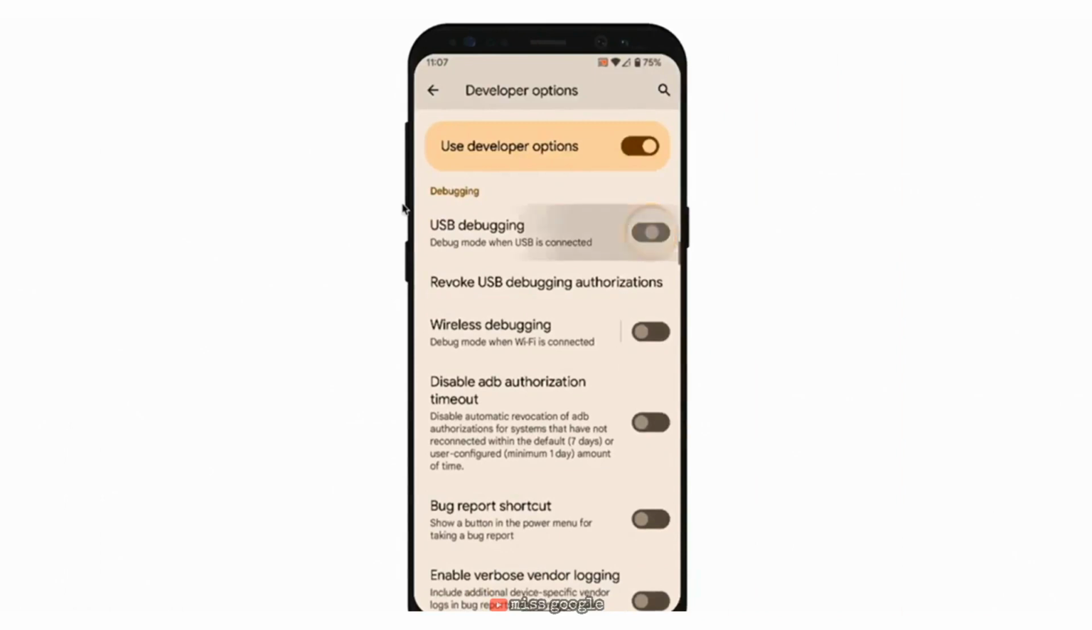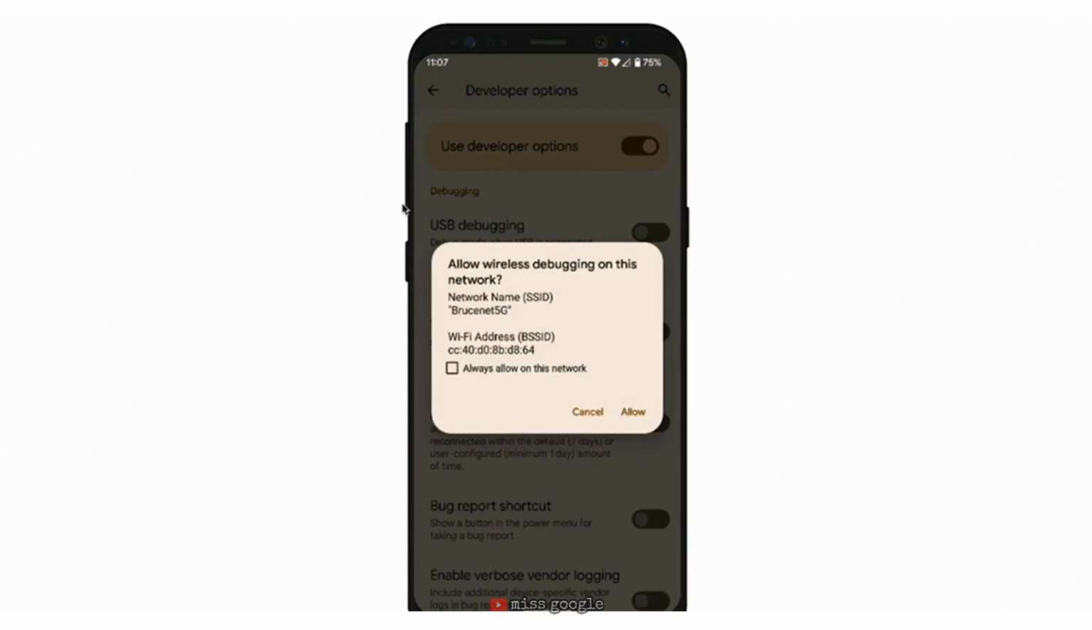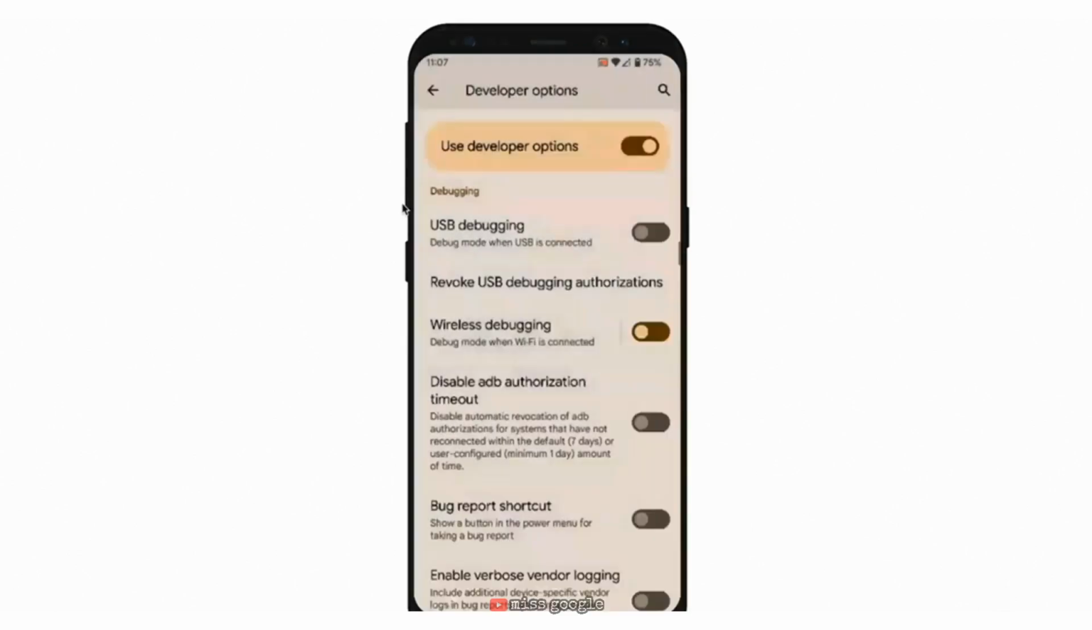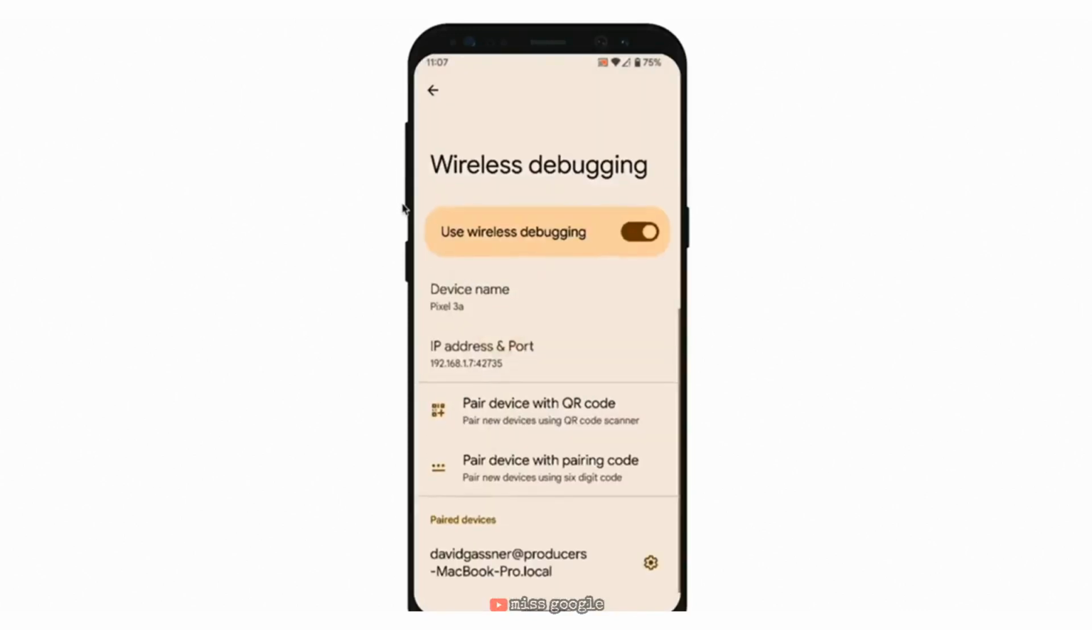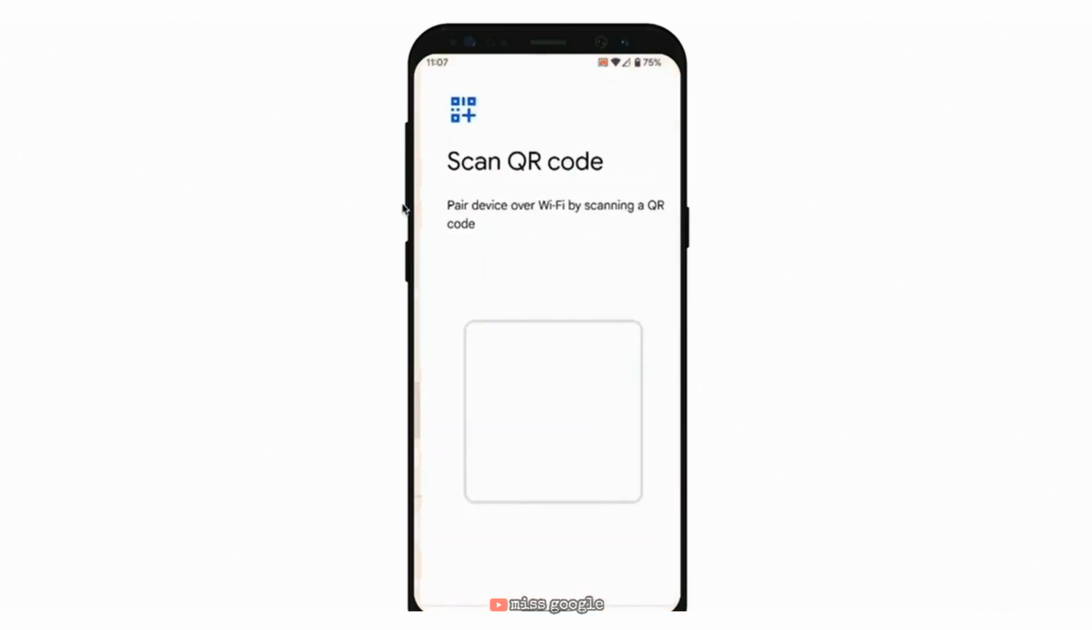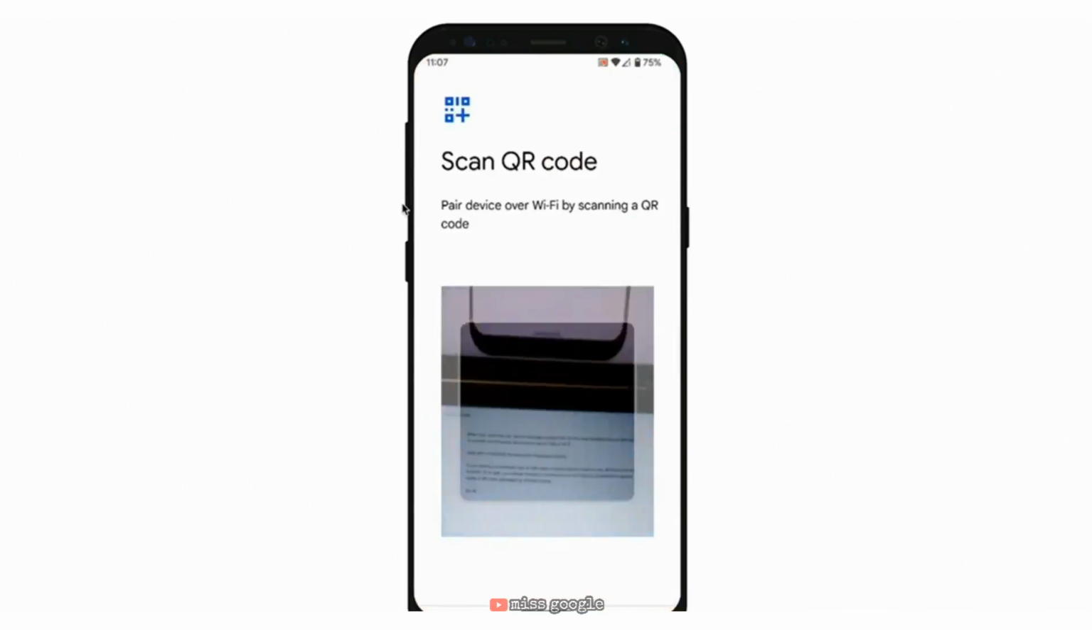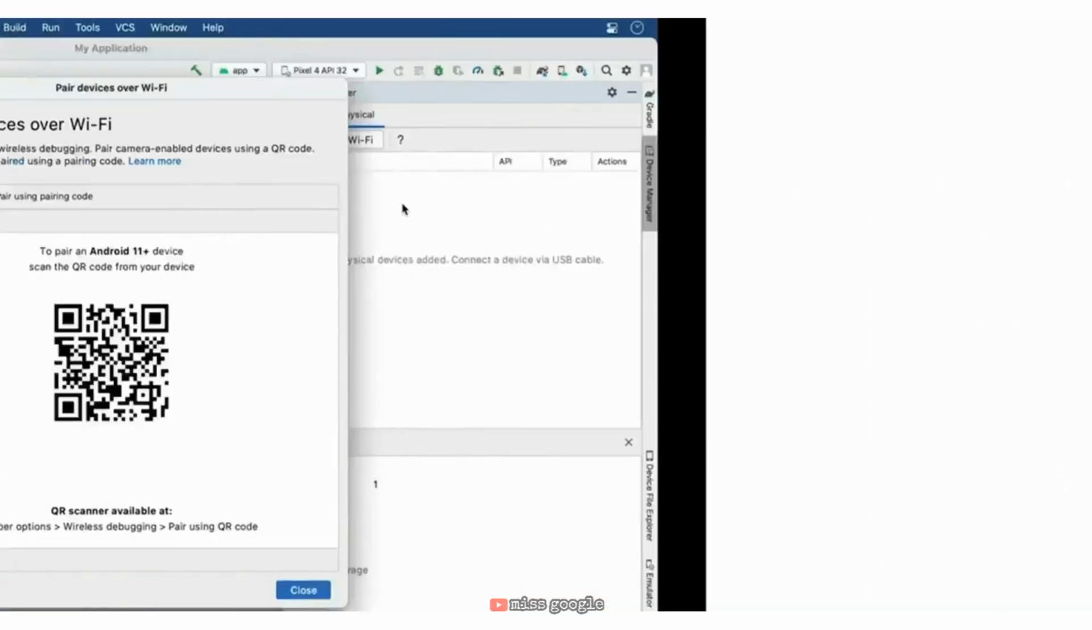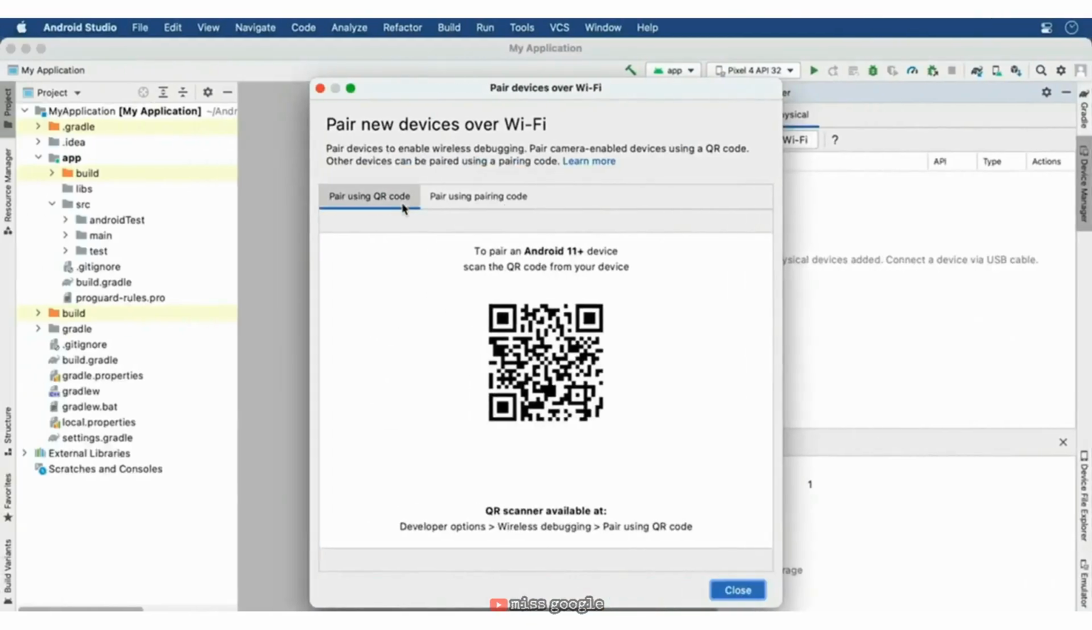I'll turn off USB debugging, and then I'll turn on wireless debugging. I'll see a prompt asking if I want to allow wireless debugging on my network. I'll always allow it, and I'll tap Allow. Then I'll tap the wireless debugging label, and I'll come into this screen, and I'll see pair device with QR code or pairing code. I'll choose QR code, and then I'm going to go back to Android Studio, and I'll look at the QR